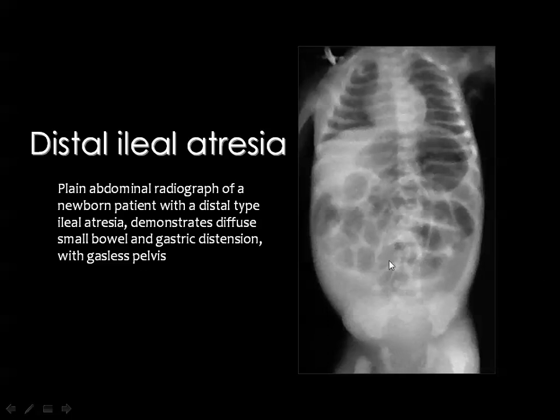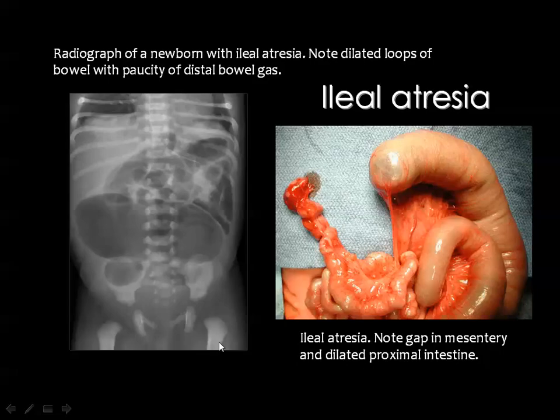Then one of the possibilities of distended bowel loops containing air in the supine film and air fluid levels in the erect film is atresia of the ileum, meaning that there is distal small bowel obstruction. And this is an example which is proved surgically, and you can see